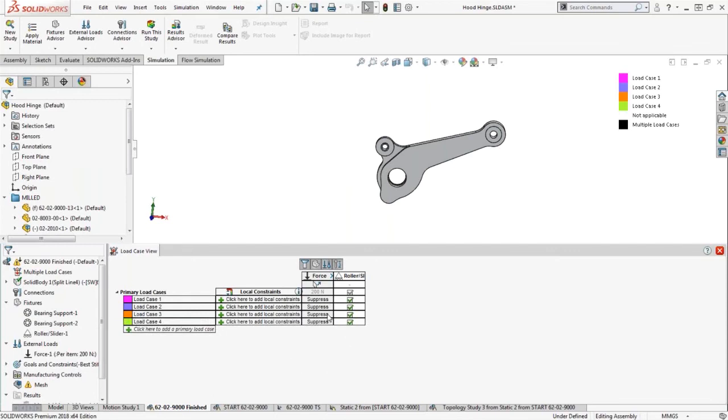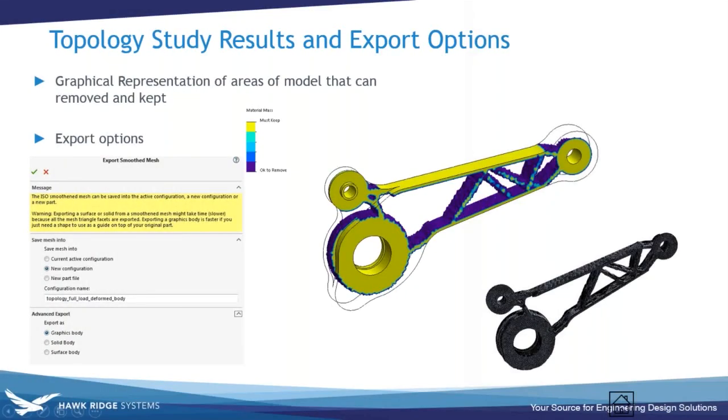In this scenario, I want to apply it at 200 newtons, the initial one, and this one I want to suppress, or maybe I want to change the value to 150. So you can play around with different load conditions, and ultimately it's going to take that information in addition to the original setup and the manufacturing constraints, and